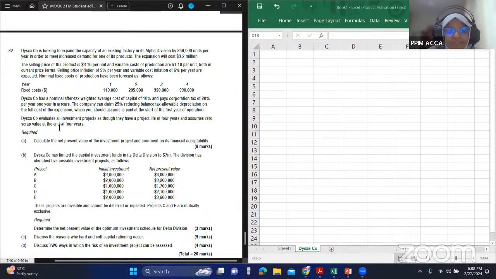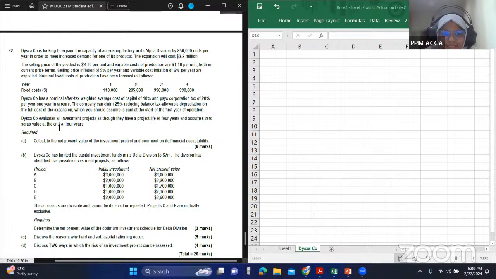From these constructed response questions, I did as many as I could from working capital management. I did risk management, investment appraisal. We did business valuations, as well as sources of finance and cost of capital. So one last constructed response question I'll be doing is this DISCA company. It will be from investment appraisal.